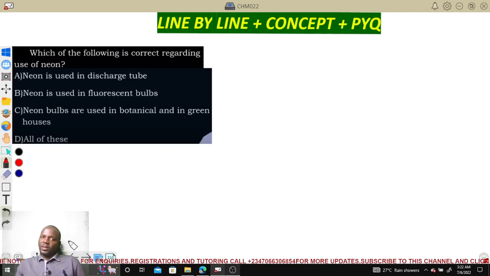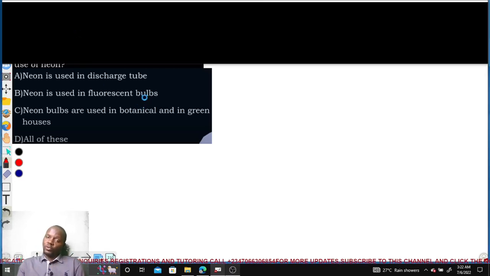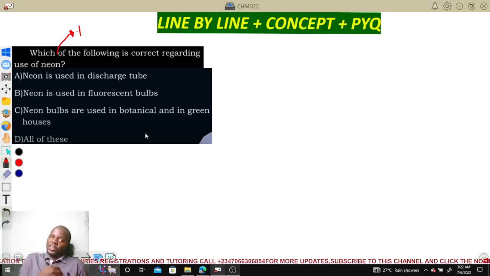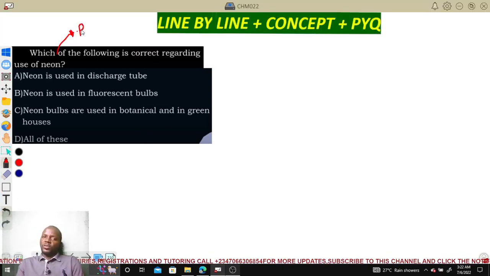Almost there, 210. Which of the following is correct about neon? Most of the neon bulb, I've already said it all. They are used as what? Bulbs, neon light, neon bulbs. So in both discharge tube and fluorescent tube. So neon is used majorly as bulbs. They are used as well in discharge tubes, in fluorescent tubes. In botanical gardens and greenhouses, we use the neon bulb. So most of the uses of neon are for bulbs and what